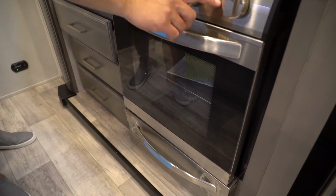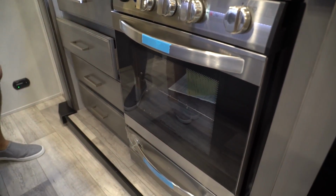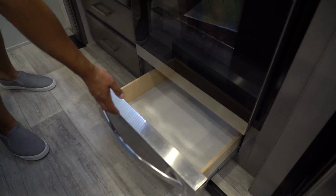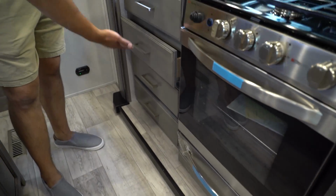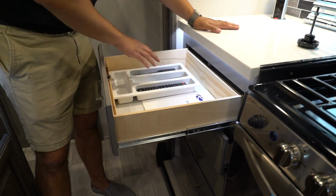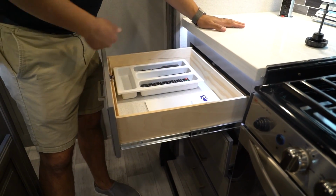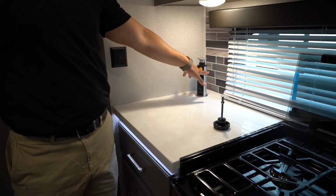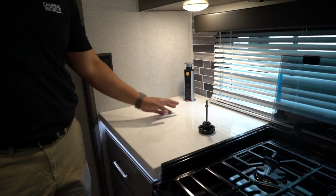You can see this is Suburban's Elite Series. And then underneath that, you have a drawer for some extra storage, which is great. Drawers coming all up the side. Pull that out. You can see, nice big full extension drawers. Comes with your flatware tray there as well. And I like this too. You have a power tower tucked over into the side, so that way you have a couple electrical outlets and